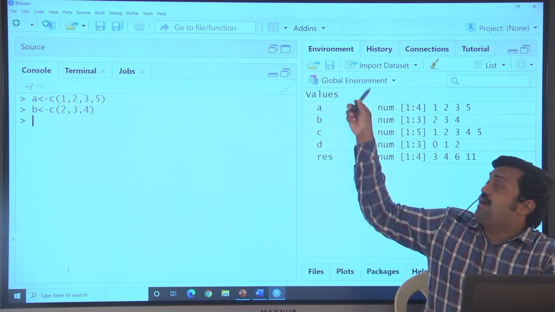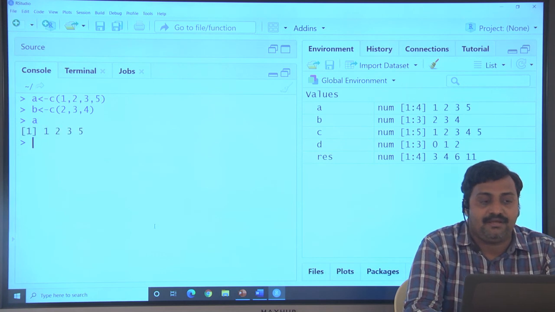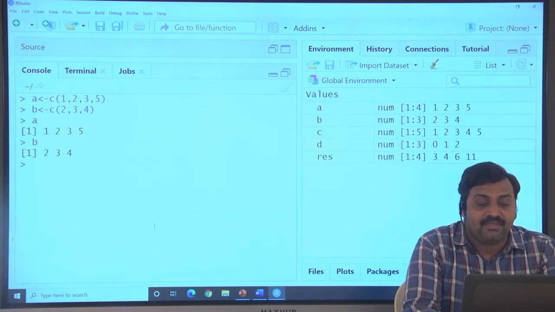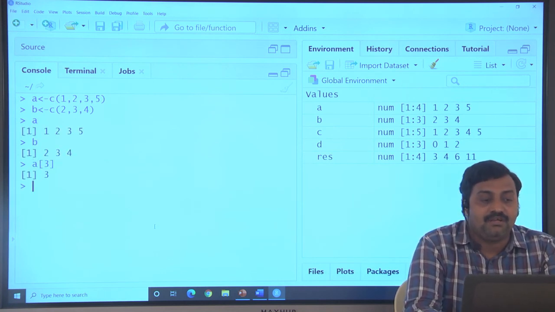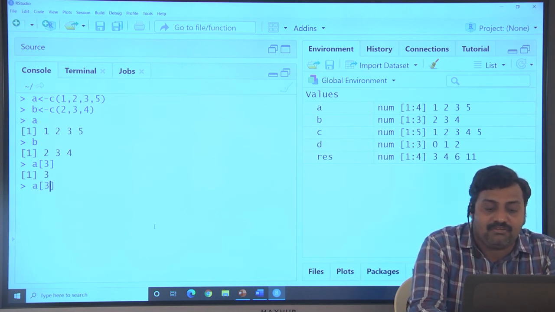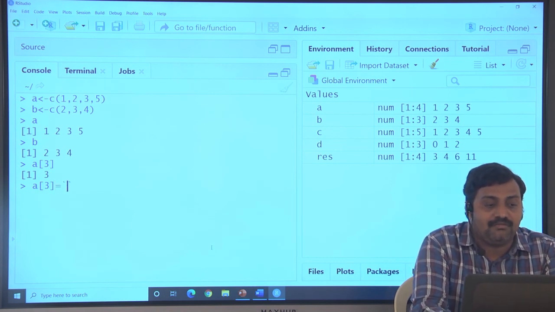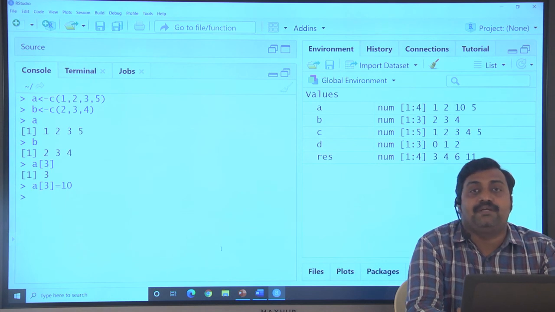Whenever doing operations, they update immediately. Then we access A and B. I want a particular value, A of 3. Suppose you want to update any value, A of 3 equal to 10. 10 is updated.